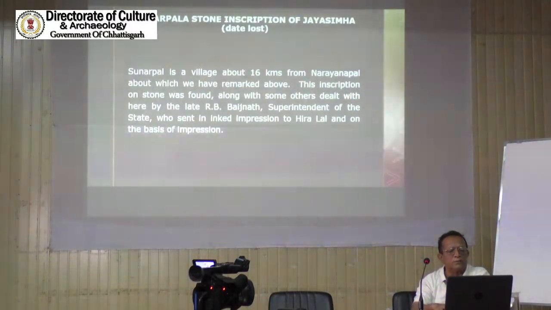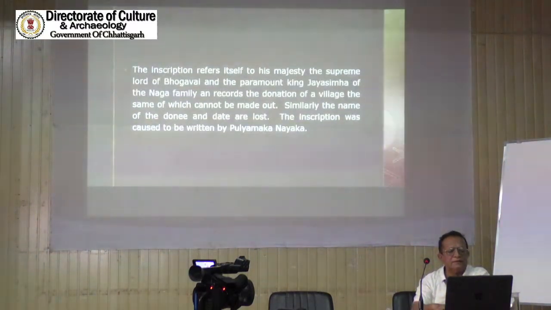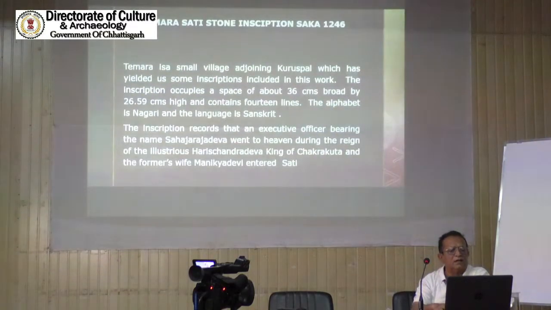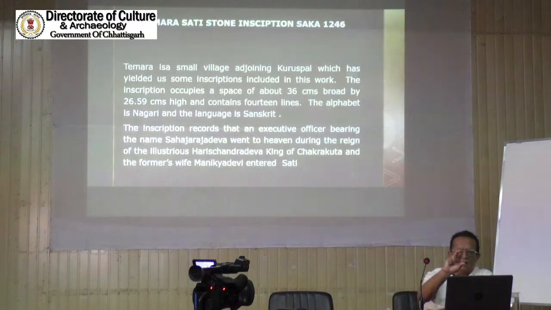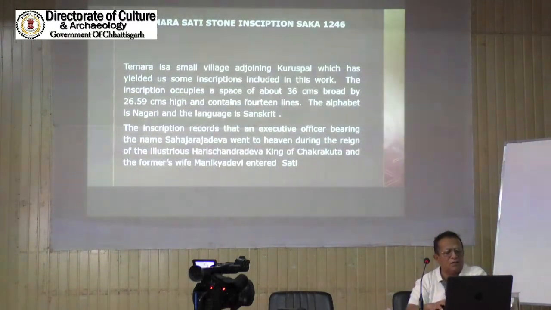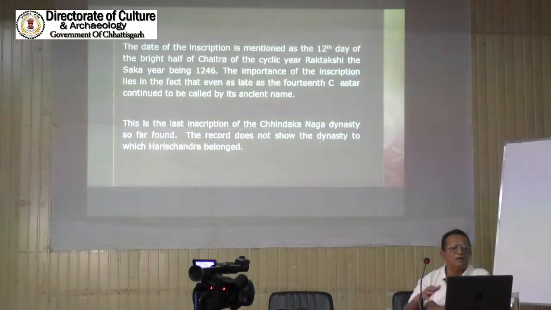Sunarpala stone inscription of Jaisimha, dated last year in this. So like this, it's a long list of Temra Sati stone inscriptions. They are all very important. They find a place in Epigraphia Indica, and they have their own historical significance, which they have highlighted here. But what I mean to say is, if a group of such records with a nice historical background